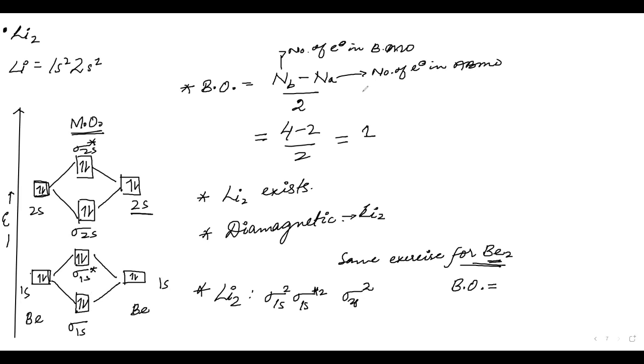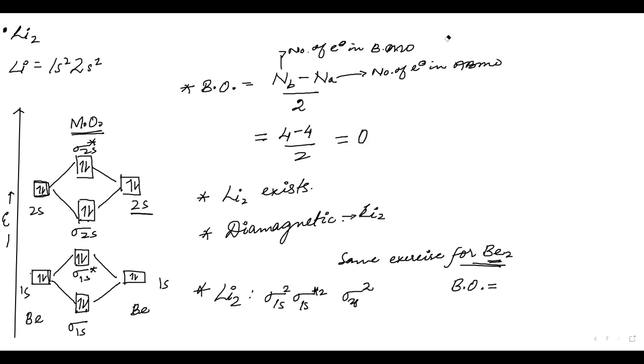Okay, fine. Now what we have to do? Now we have to find the bond order. Have you done the diagram? Now you tell me the number of electrons. You see the bonding. This one is bonding. How many electrons? 2, 2, total 4. And in anti-bonding, how many electrons? 4. So what will be the answer? Bond order, 0.